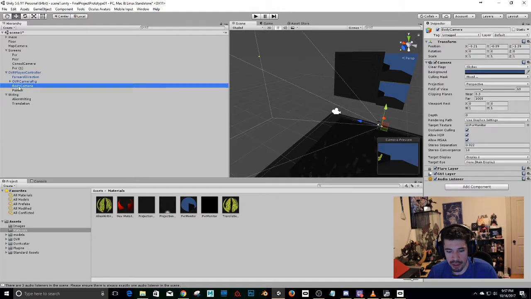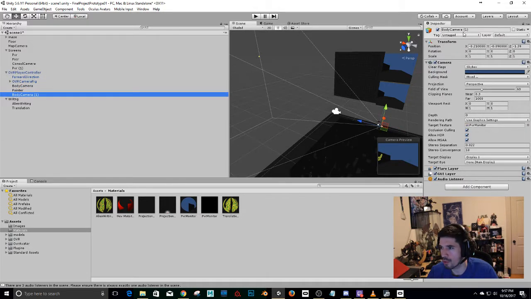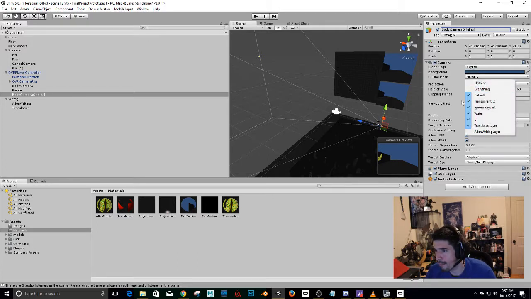So this is the body camera, and I'm going to call it body camera original. So this body camera is going to have the culling mask of the alien writing, and I'm going to remove the translated. And now